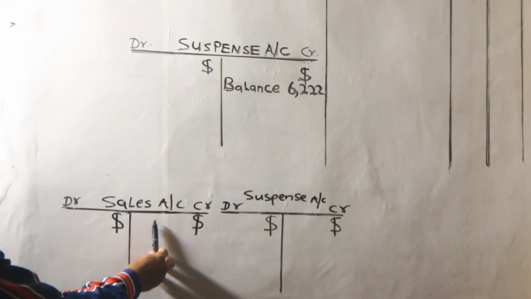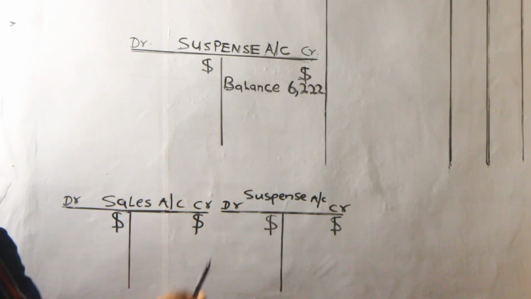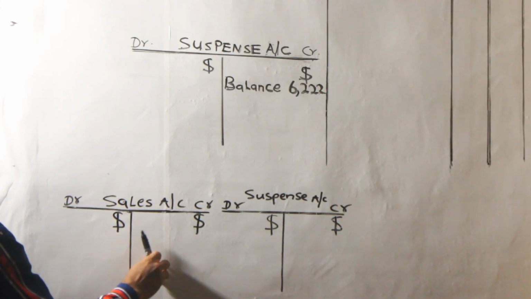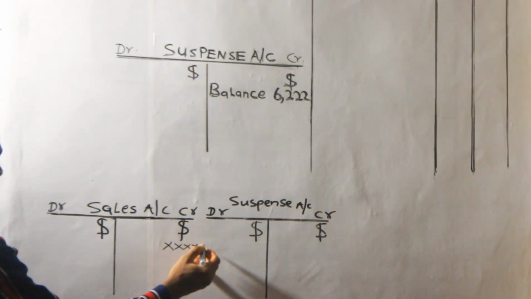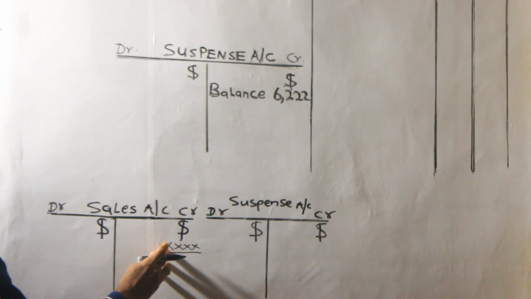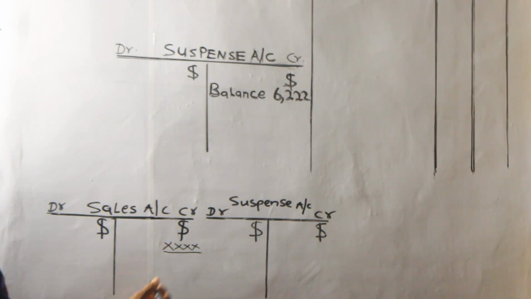So we have opened the sales account and the suspense account. Now the sales account was overcasted by $1,000. This record had already been used in the preparation of the trial balance. So the question is, how do we correct the 1,000? There's an error in this particular figure which has already been used in the preparation of the trial balance. And the error is